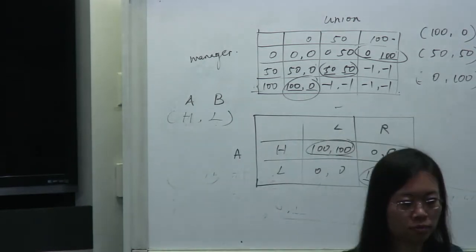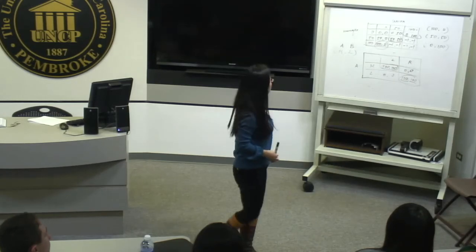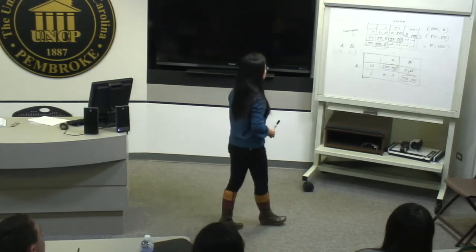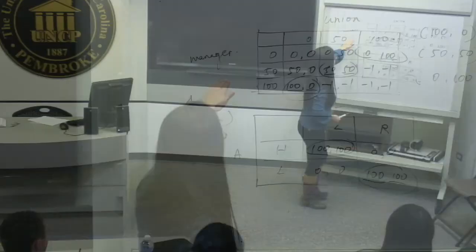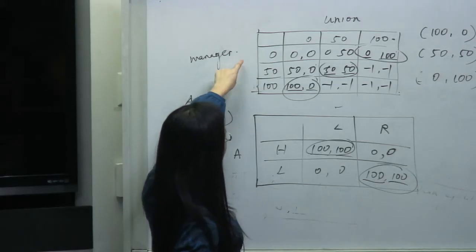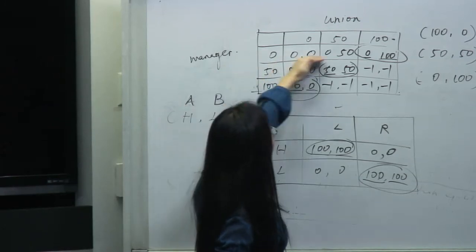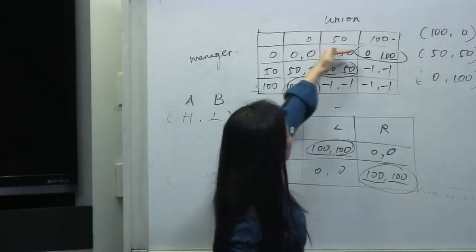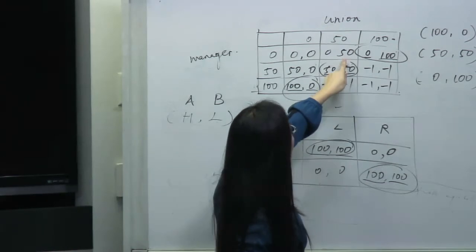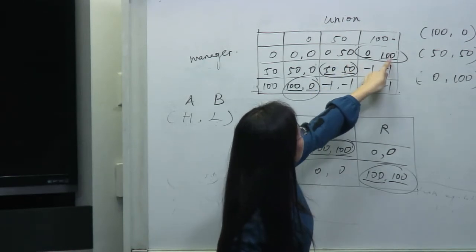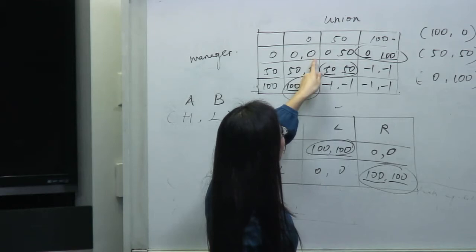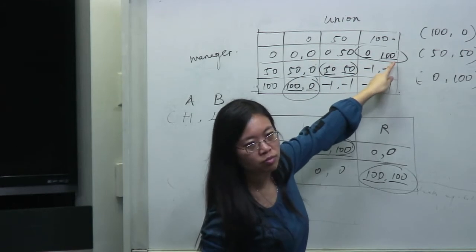When the manager's strategy is fixed, why can't I pick 0, 51 and 0, 0, 0, 1? When the manager strategy is fixed, okay. Let's say the manager is choosing this, then the best thing for you to do is this 100. 100 is better than 0. You mark here.